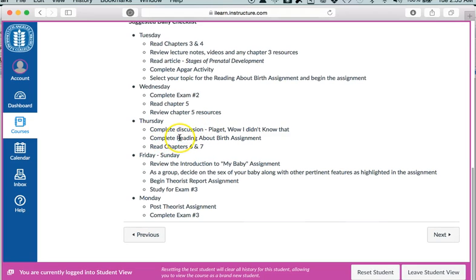You're also now going to complete that reading about birth assignment that you started on Tuesday. So it's going to be due on Thursday. And Thursday, you should begin reading chapters 6 and 7. And over the weekend, you're going to spend time completing your theorist report, studying for your exam on chapters 5, 6, and 7. And then also, in a couple of days, I'm going to break you guys up into groups